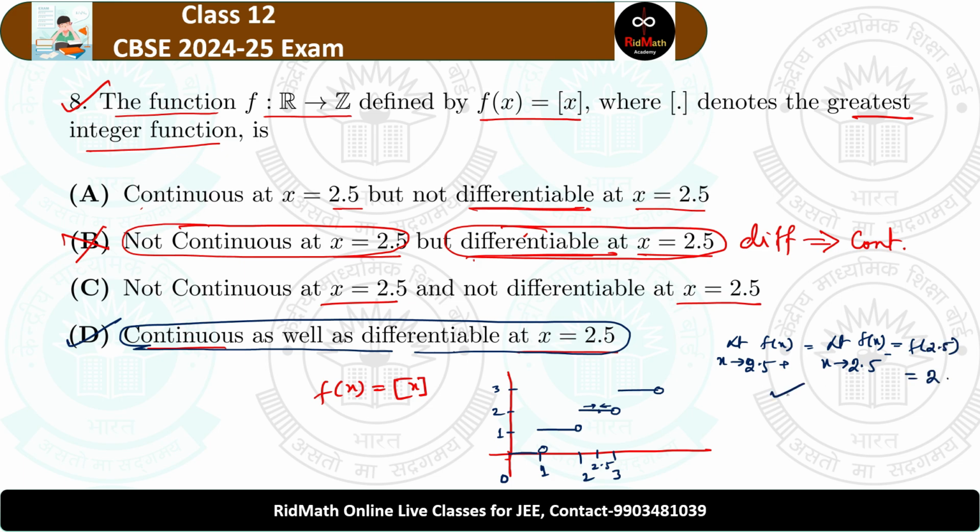And what about differentiable? The differentiation is 0. You can easily check that it is parallel to the x-axis, so f dash x equal to 0. Okay, so this is also differentiable. That is what we need. Okay, so next problem,